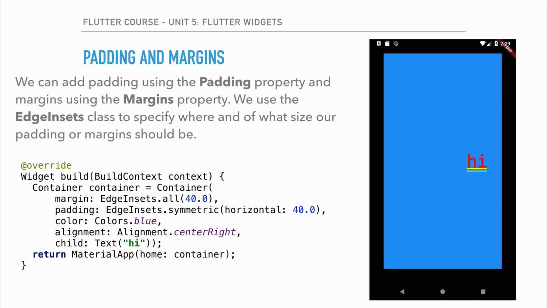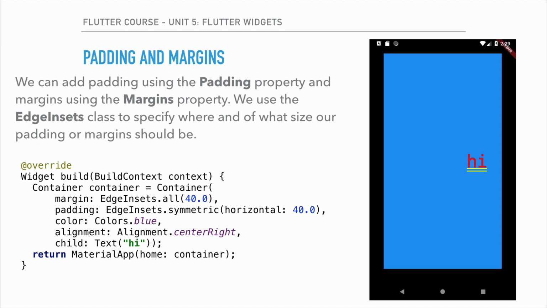And then the padding is essentially how much space we have between the edge of the actual container and the child widget. So that's the difference there. And we can actually add padding to a widget on its own, without wrapping it in a container. We have a specific widget for padding. It's called the padding widget. But we can also just use a container for it as well, and just add all of this into one